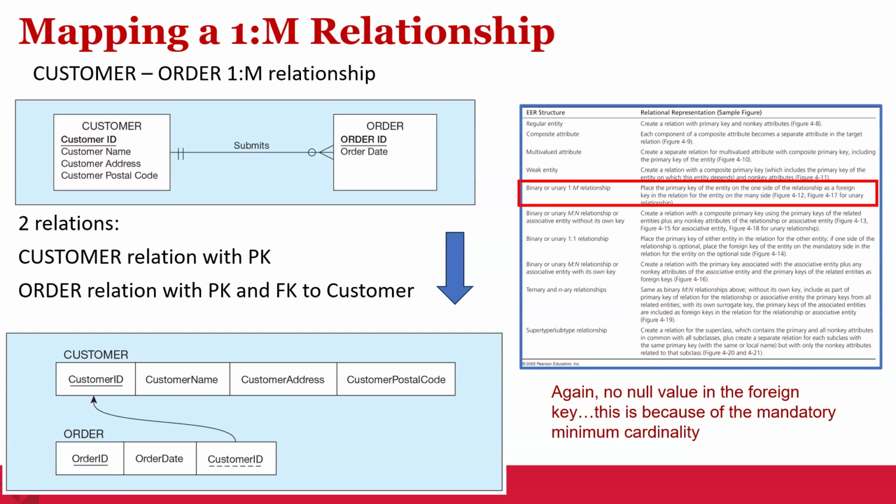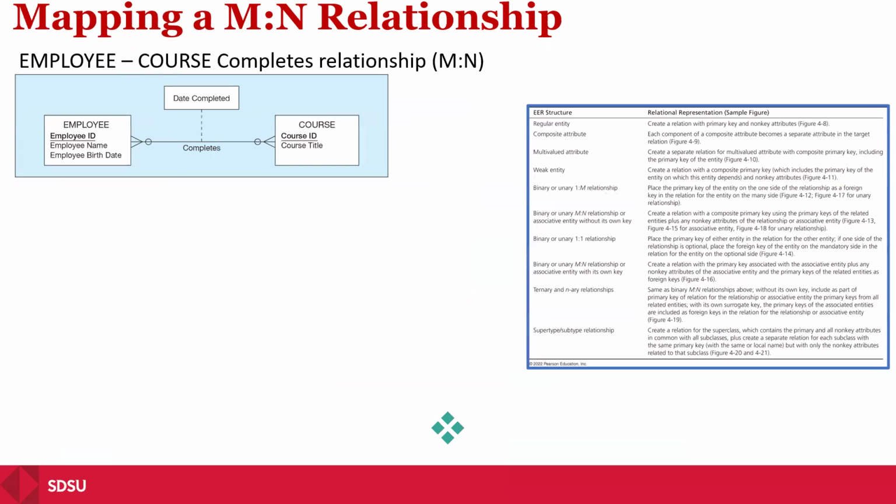So customer cannot be null. If it would be optional, customer could be null. But in this case, since it's mandatory, it's not null. Very important for your group project. All right, so